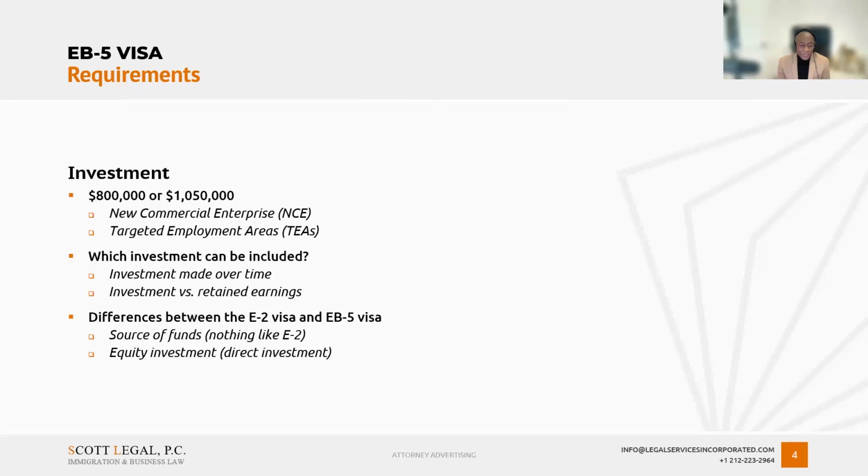The other very important thing, and this can be extremely frustrating for individuals, is the source of funds analysis. We do E2s regularly as well, and the E2 source of funds analysis can be extensive depending on where you're filing, whether at USCIS or at certain consulates. But for EB-5, unfortunately, it's always extremely difficult, and there's no page limit. They are very exacting with respect to tracing the flow of funds and showing where the money actually came from.